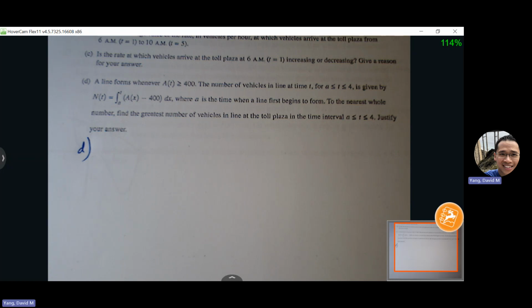Okay, so since our A prime is positive, we know that the rate at which the cars arrive at the plaza is increasing,